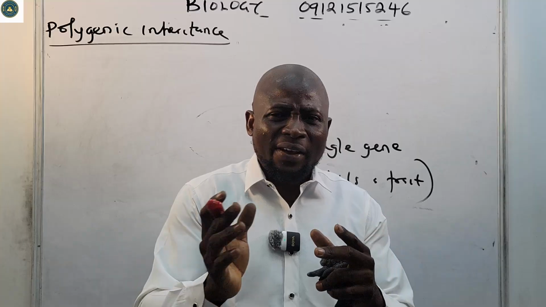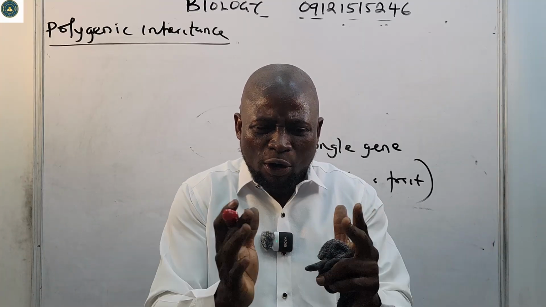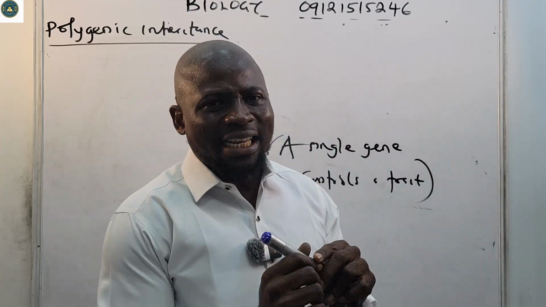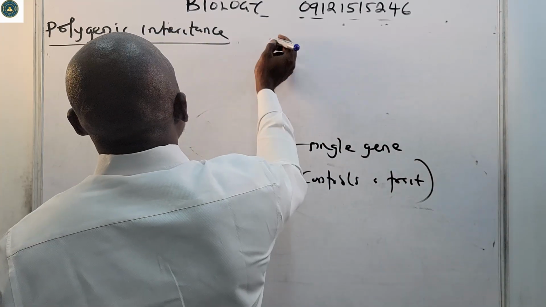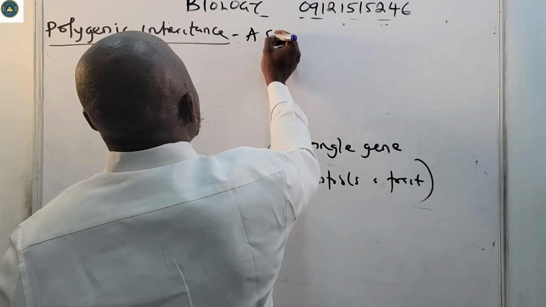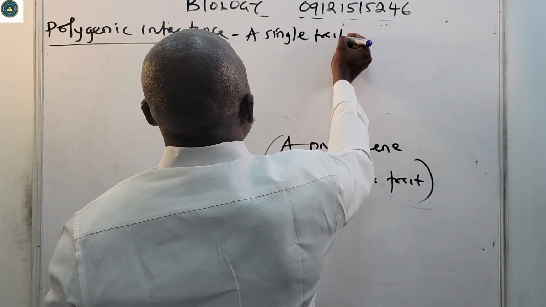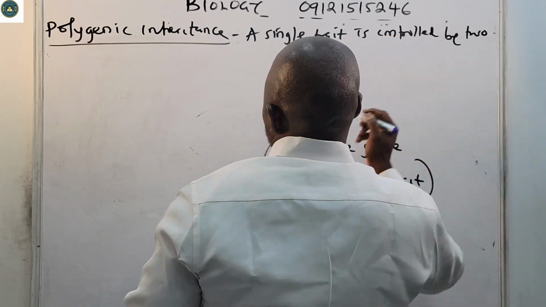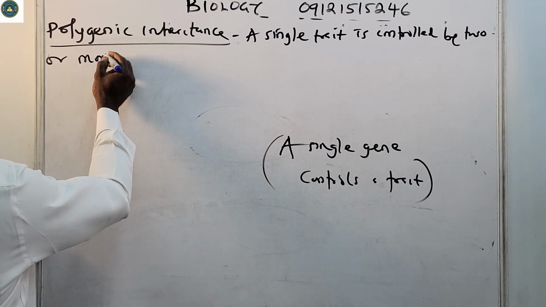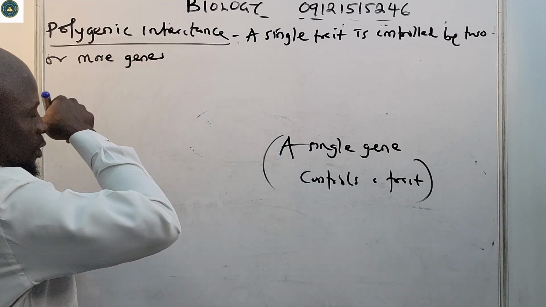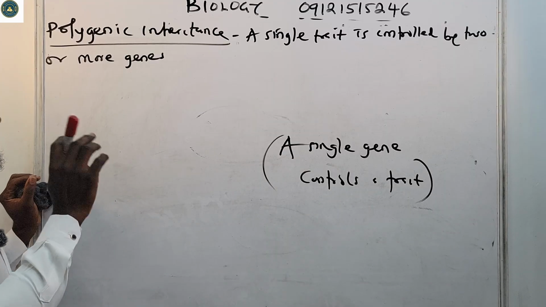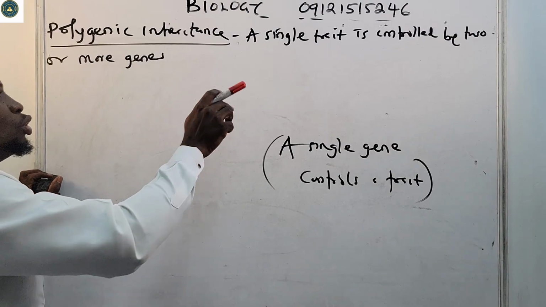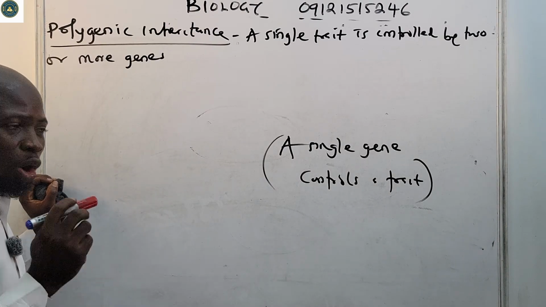All of those effects come together to give what we call polygenic inheritance. So you can say that in polygenic inheritance, a single trait is controlled by two or more genes. In polygenic inheritance, a single trait is not controlled by one single gene, but is controlled by two or more genes working together